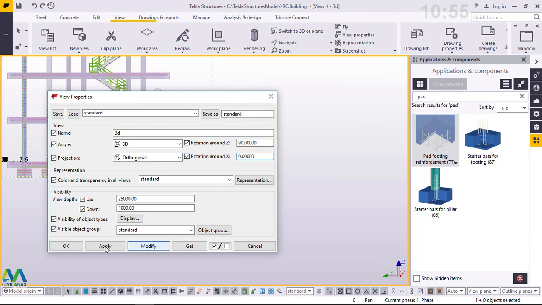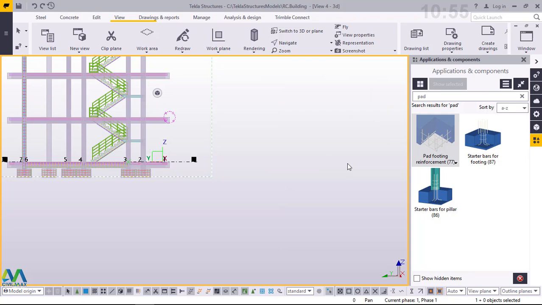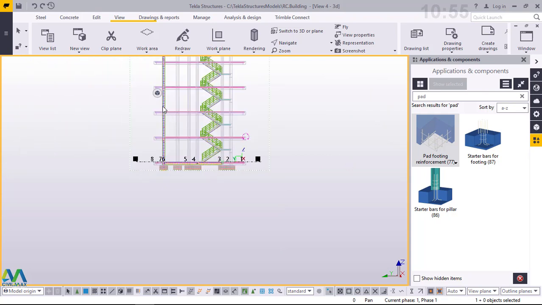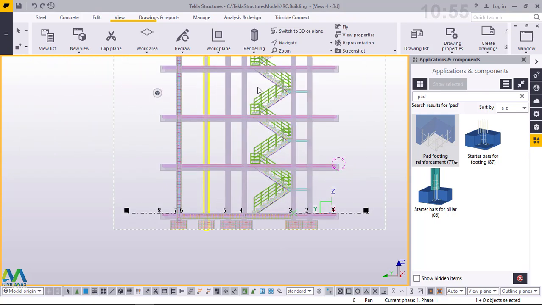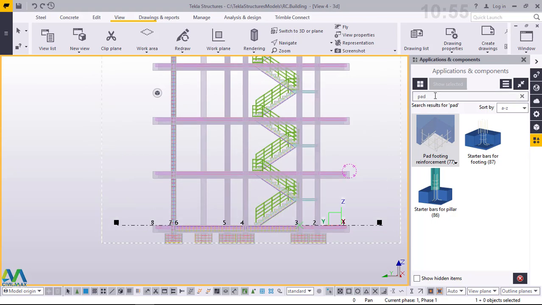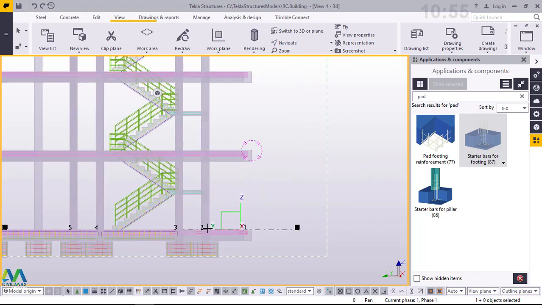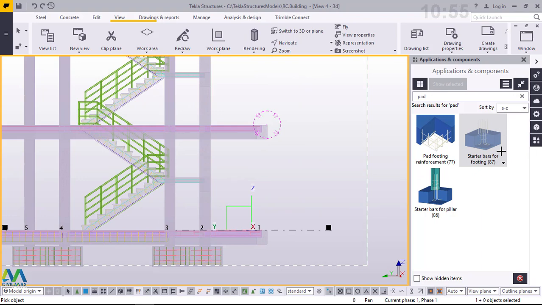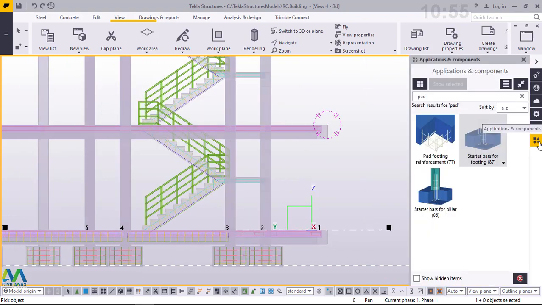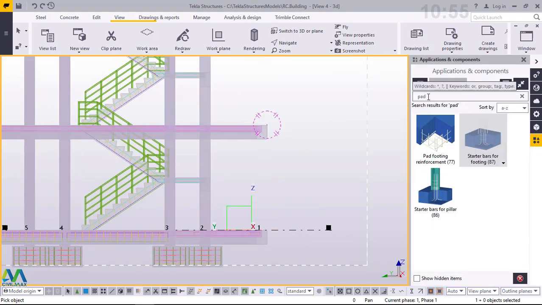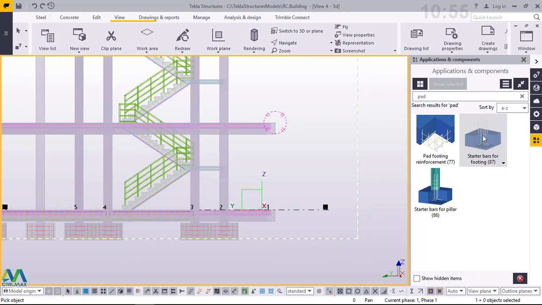Then I'll click modify, apply and accept. I'll bring it closer. Then I'll come to applications and components here, then type pad or just type 87. This will come up. Then the moment you click on this,